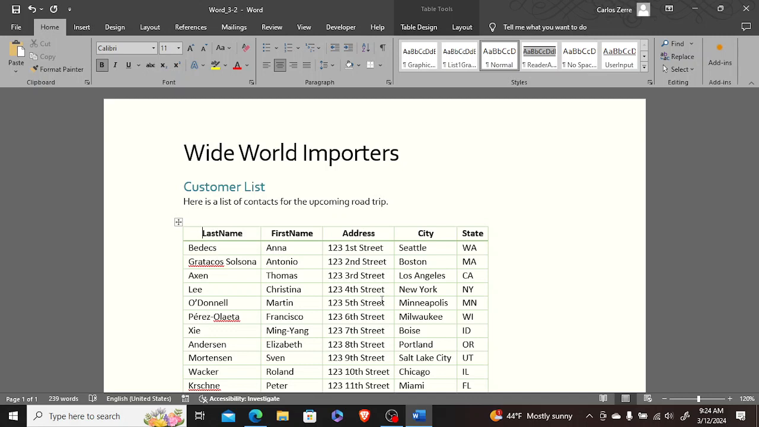Next, perform a nested sort to sort the table in ascending order by state, and then by city, and then by last name. So here's what they want you to do. Sort the table first by state, then by city, then by last name. And how do you do that? Well,